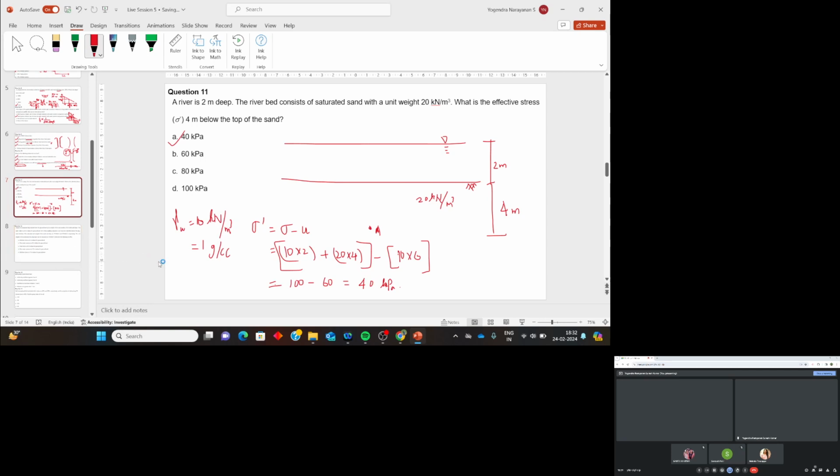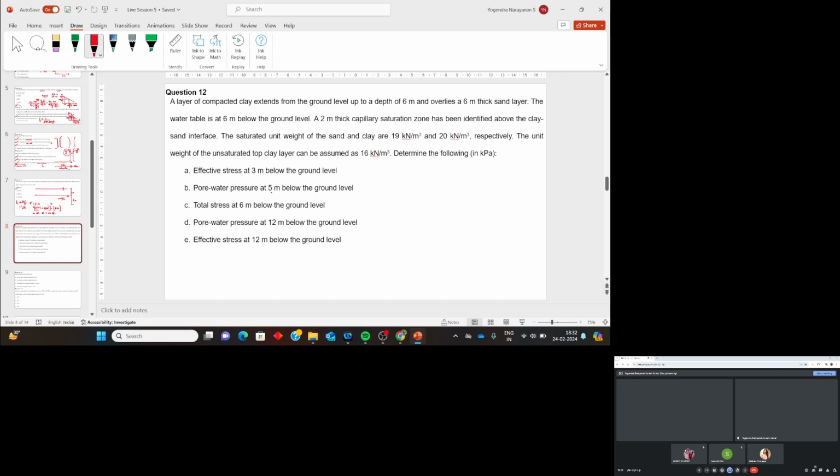So hope it is clear. So it is a fairly straightforward question. So moving to the next question. It comprises various components, and by solving it you will get a comprehensive picture of the effective stress concept. So a layer of compacted clay